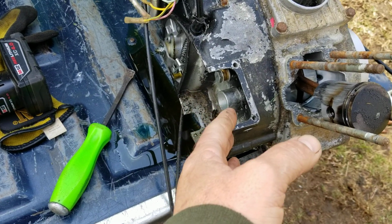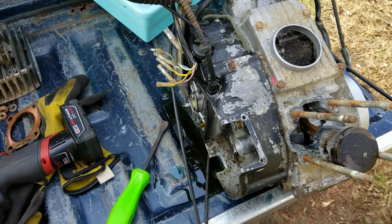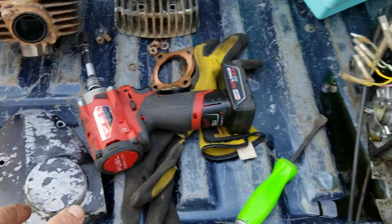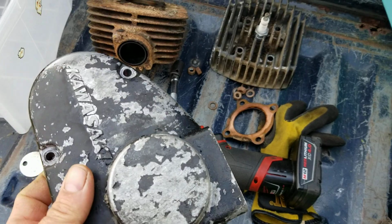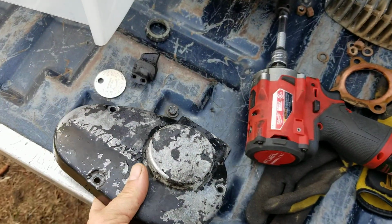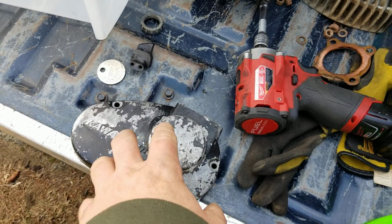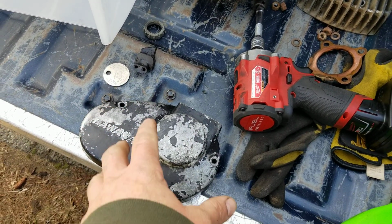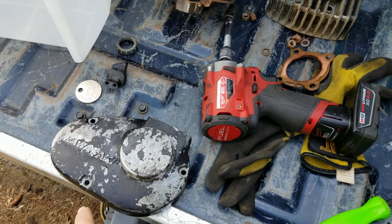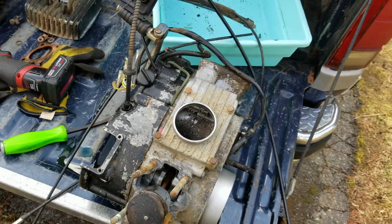You can go to AutoZone, Advanced Auto, and get a roll of gasket material. It's just a roll. You take your side cover. I'm going to do a video on it because I'm going to do a gasket for one of these. But you stick this on top of it, you take a pencil, you trace it, you mark your 3 holes. Okay, once you get that all done, you take this off and then you cut it out, and then you have a gasket. That's simple. Okay,